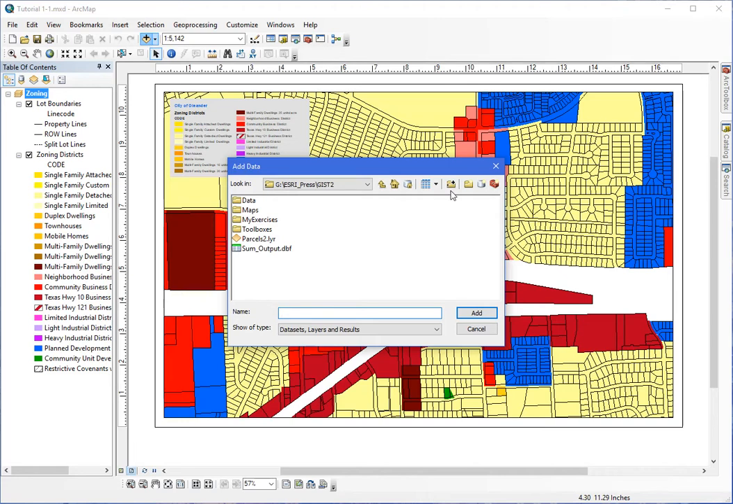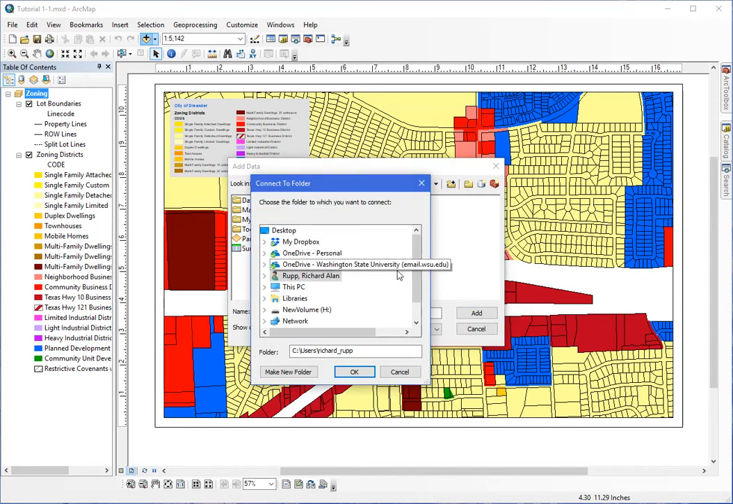Now the first thing I'm going to need to do, if you haven't used this before, is click on this button that says Connect to Folder. And that tells me where to look for the geospatial information. And in my case, it's going to be on my C drive. And if you've just installed the data to the default location, it should be the same for you. So it's going to be in C,